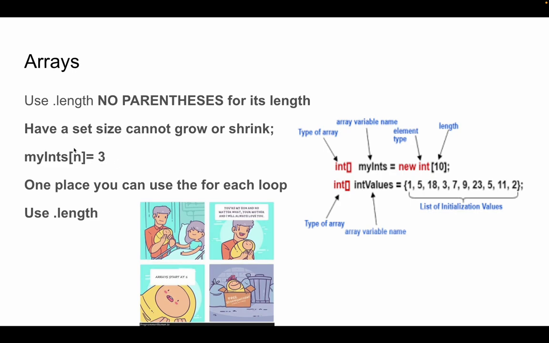You just put myInts, box brackets, n, and it will return the value at n. Say n is equal to 2, so 0, 1, 2, and it will return 18. That's basically how you get any value in an array. Okay,